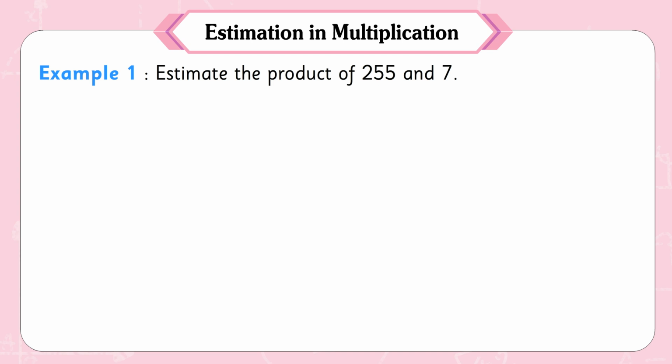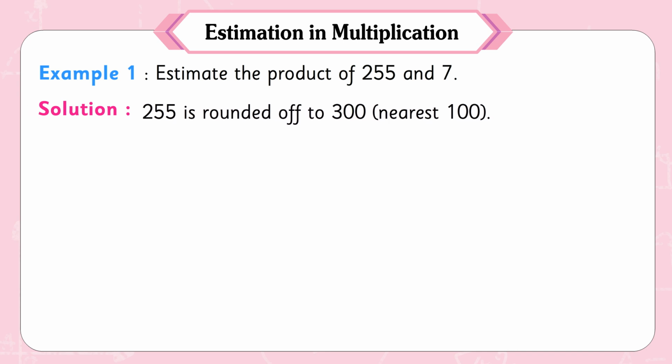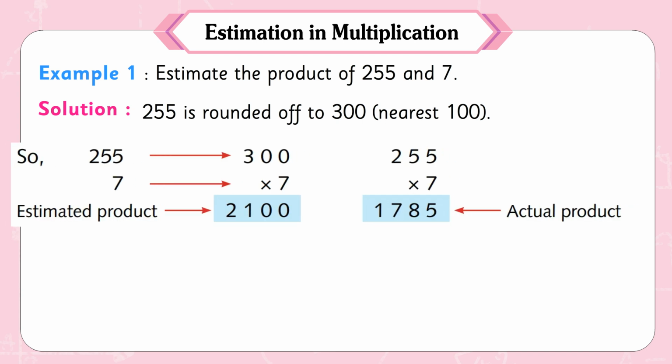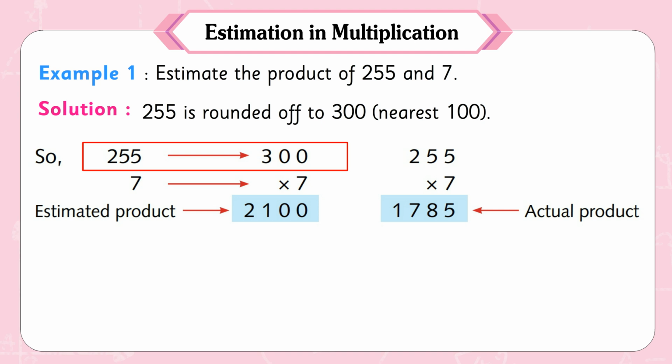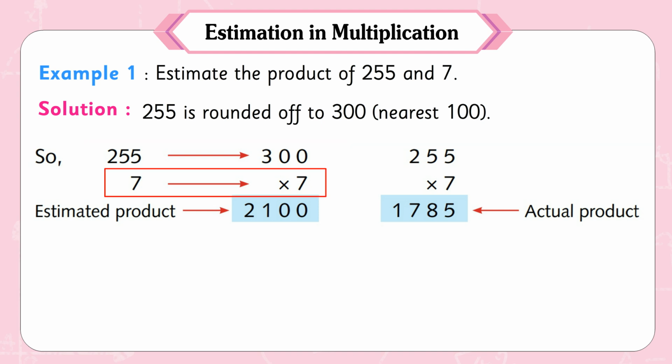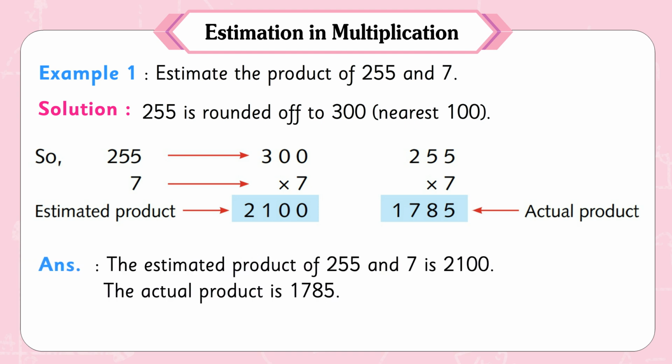Example 1. Estimate the product of 255 and 7. Solution. 255 is rounded off to 300, nearest 100. So, 255 into 7 is approximately 300 into 7. Estimated product 2100. 255 into 7 is 1785, the actual product. Answer. The estimated product of 255 and 7 is 2100. The actual product is